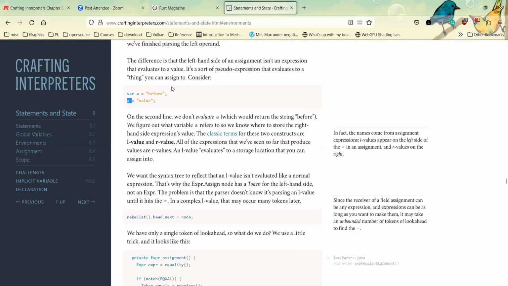And then he mentioned those kinds of things refer to the L value and R value situation.